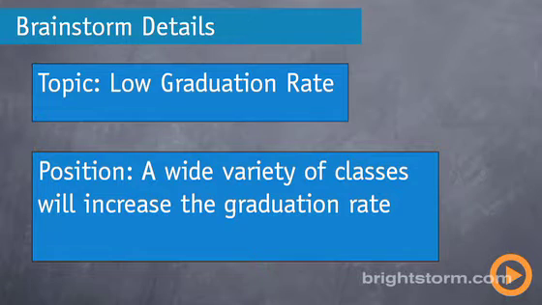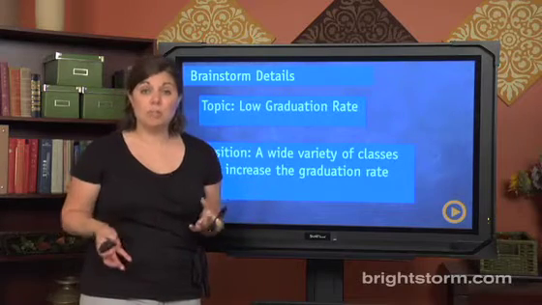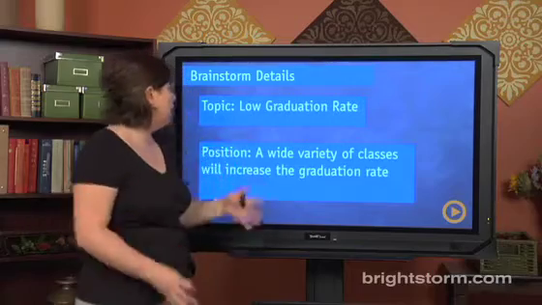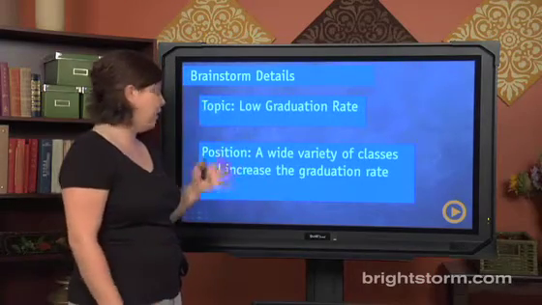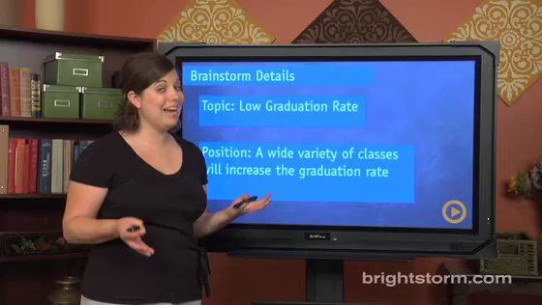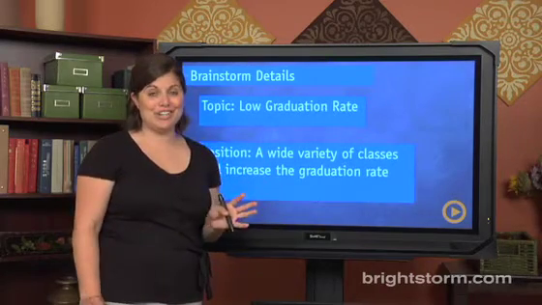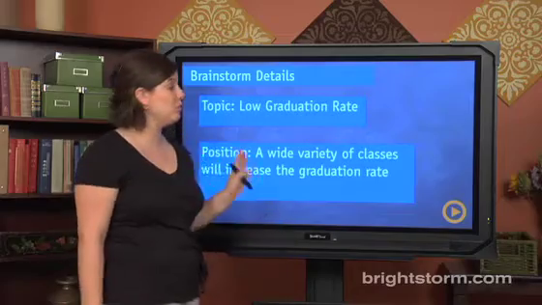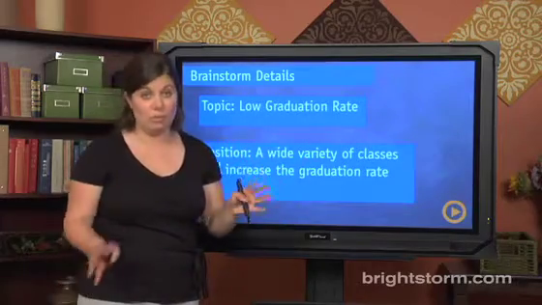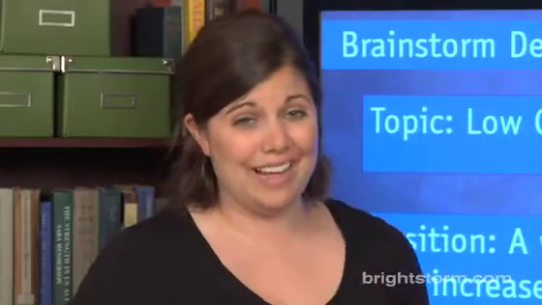Step 2 is to brainstorm the details. You've looked at the prompt, you know the right issues. What you're going to do is start filling out the important information. By now, you guys probably have figured out that I'm a very visual person. I love charts, so if you go to the bonus materials, you can print this out in chart form and fill this out. Though you can't take the actual form to the ACT, you can kind of internalize it and then reproduce it on your scrap paper before you start to write.